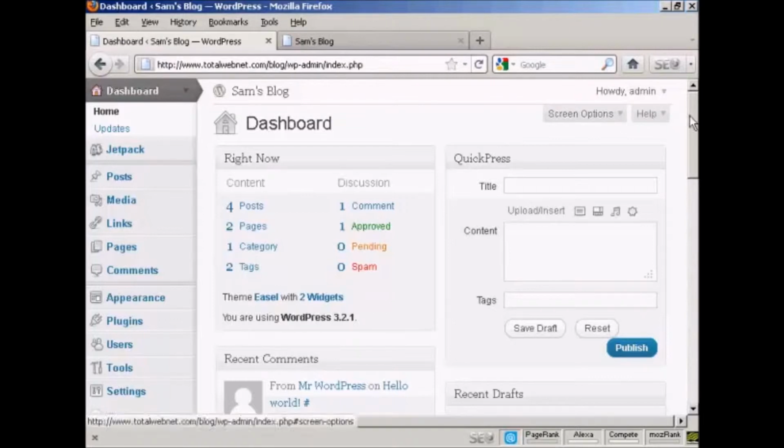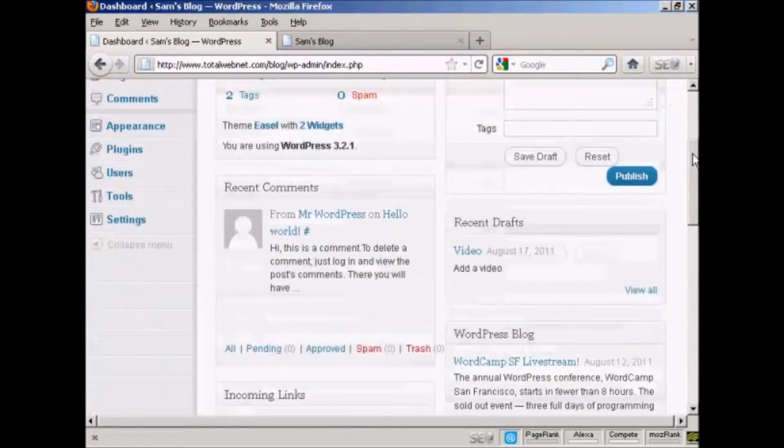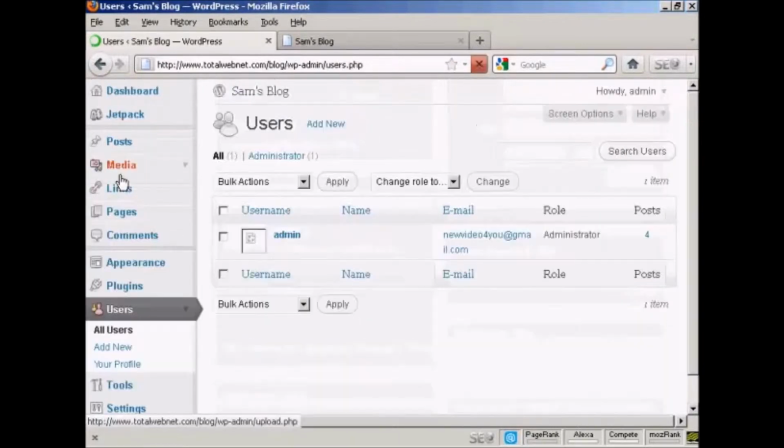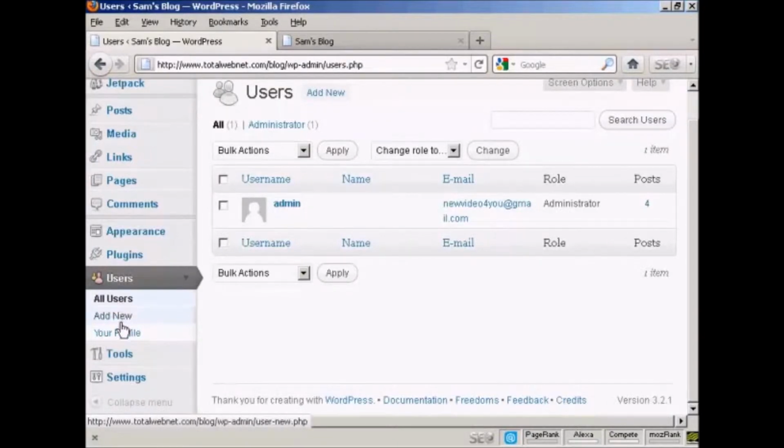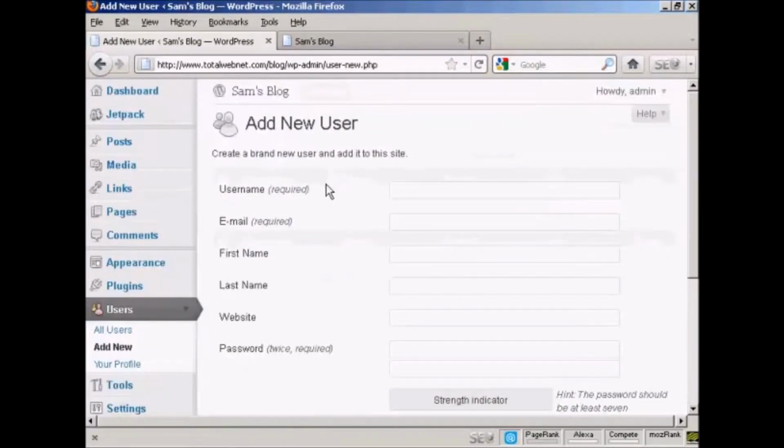From the dashboard, come down here to users and click, and then you can see it will list all the users. If you want to add a new user, click here on add new, and you add the username. So let's call this person Fred, and an email address,